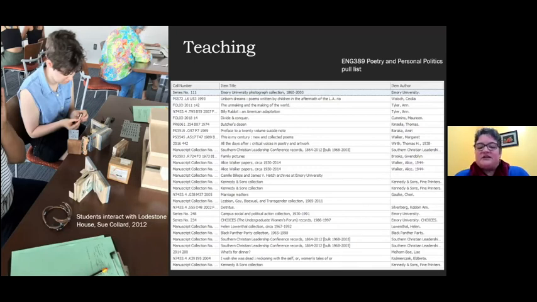But you can also see that we have a passel of artist books, right? The Making and Unmaking of the World, Billy Rabbit, Divide and Conquer, Butcher's Dozen. And so the instructor for this class is putting our archival collections in conversation with artist books.